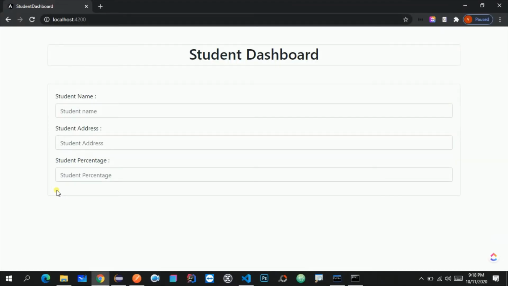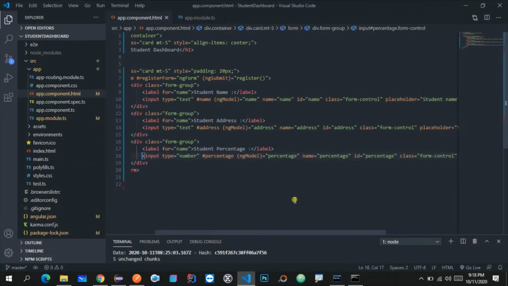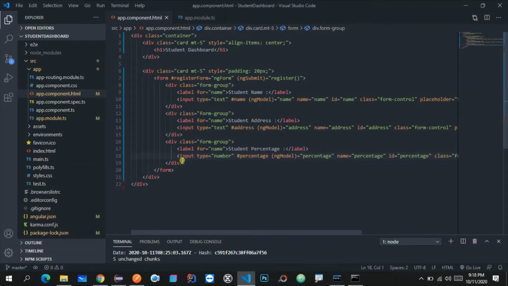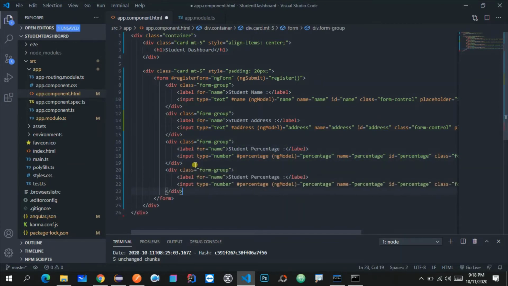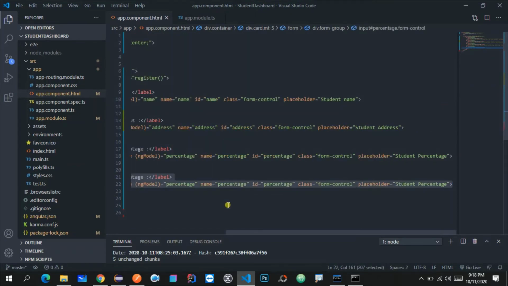so that whenever we click on it, it will call the REST endpoint and save all the details. So let me take one button over here. Let me go to Visual Studio Code, and again copy this div and paste it over here. We don't need all this label and input field, so let me remove this.